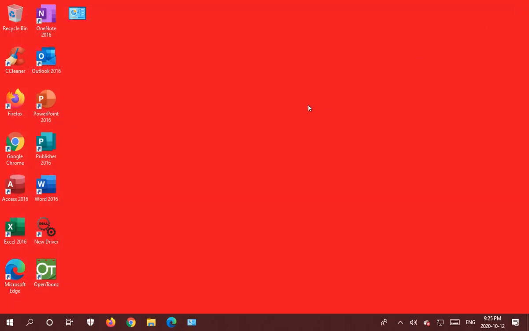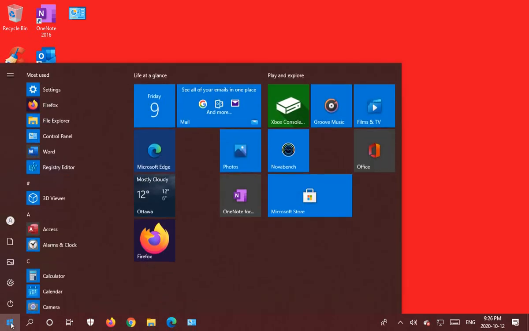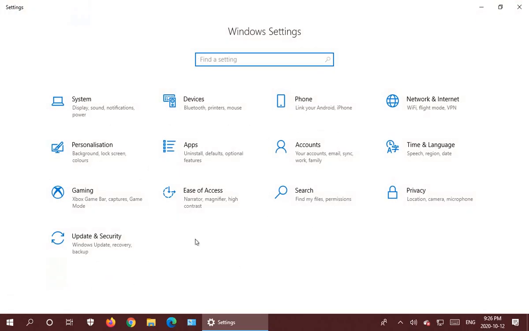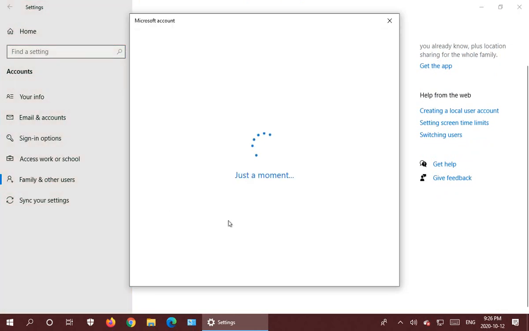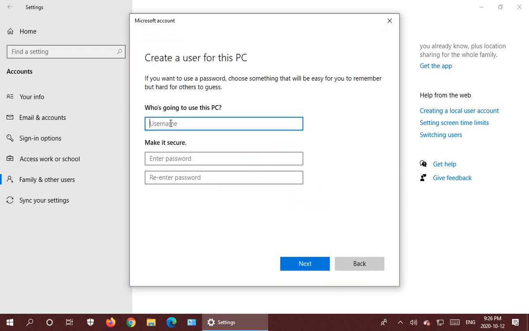So I'm going to close off the control panel, and then the next step is, because we want to use the usernames and passwords as the validation of things, we need to add John and Mary to this server computer as local users with the same username and password that they have on the other machine. So let's go ahead and do that. We're going to click on Start, go into Settings. This part should be familiar to you now. And we're going to go to Accounts, Family and Other Users. Add someone else to this PC. I don't have this person's sign-in info. Add a user without a Microsoft account. And then